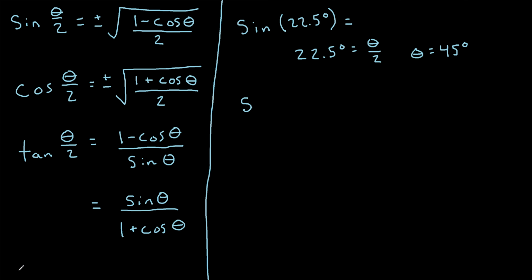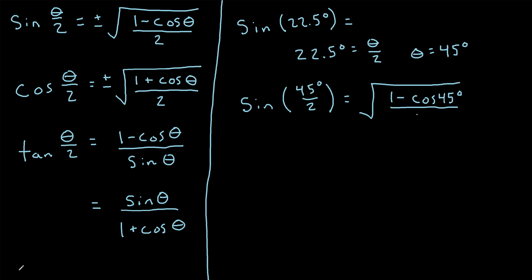So let's write that out. Let's say sine of 45 degrees divided by 2 is equal to, now when we say plus or minus, the quadrant that our angle lies in really determines whether it's going to be a positive or a negative. So sine of 22.5 degrees, that falls in the first quadrant, and sine is positive in the first quadrant. So this whole equation will be positive. So we'll write 1 minus the cosine of theta. Remember, theta we're using 45 degrees